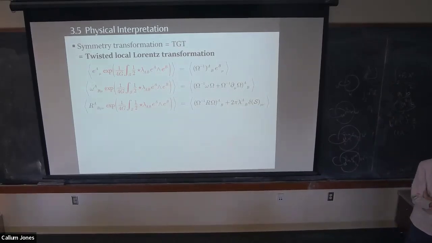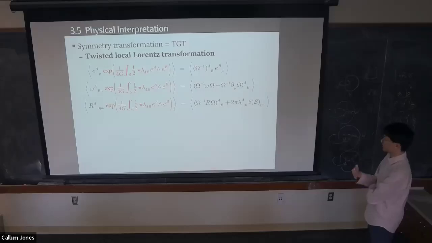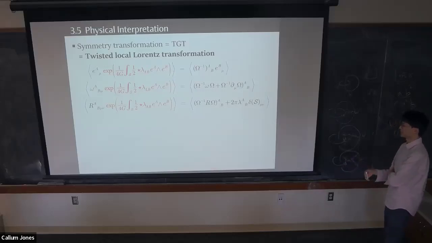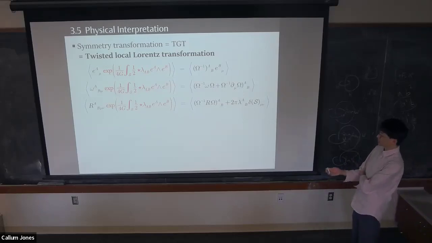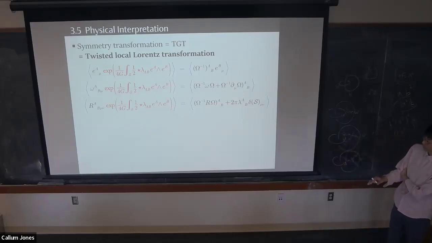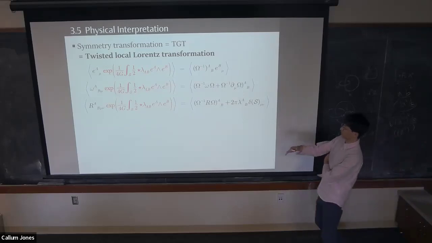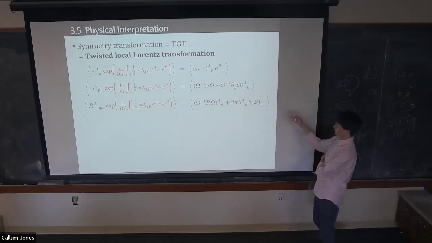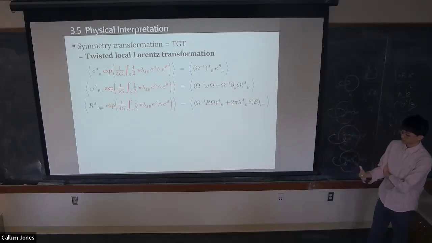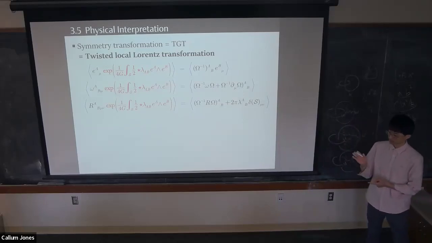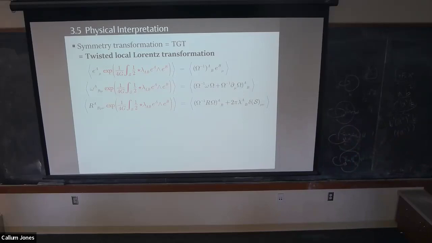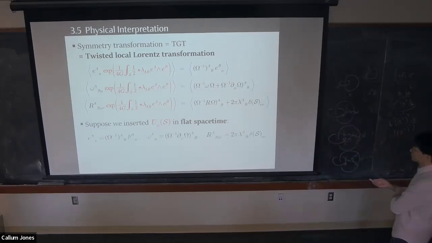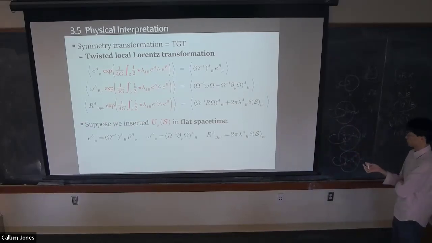So now I want to give a physical interpretation for the symmetry operator. How can I do that? I just insert this operator into some background, see how that transforms, and interpret that as the geometry sourced by the insertion of that symmetry operator. And we already know that it is simply given by the twisted gauge transformation.